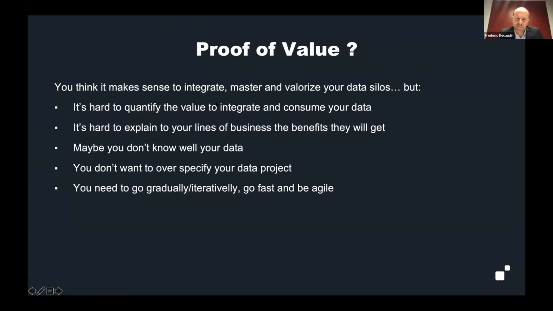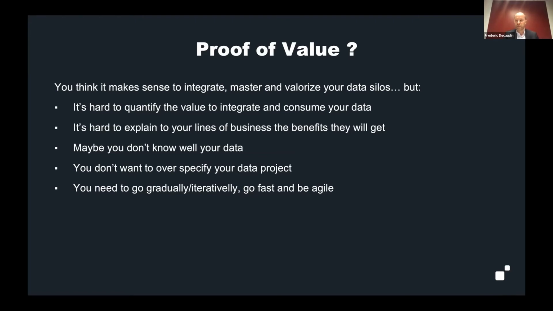Thanks, James. Yes, we are going to talk about our proof of value approach. So you have seen during these 3 events a lot of content about MDM, but how do we start if you are interested? What we do at MarkLogic is an approach called proof of value, and this helps you to answer this kind of question, because as you know your business, you think you know your data, so you think it makes sense, of course, to integrate all this data to master and valorize your data silos, but